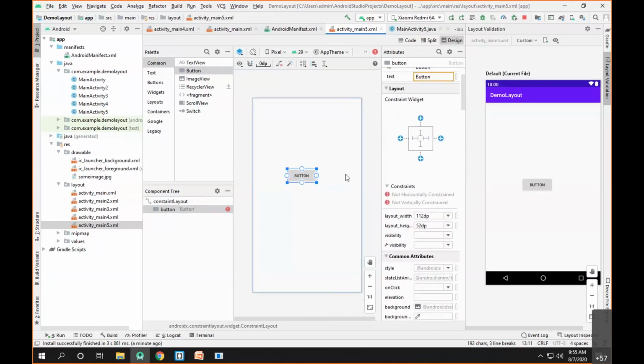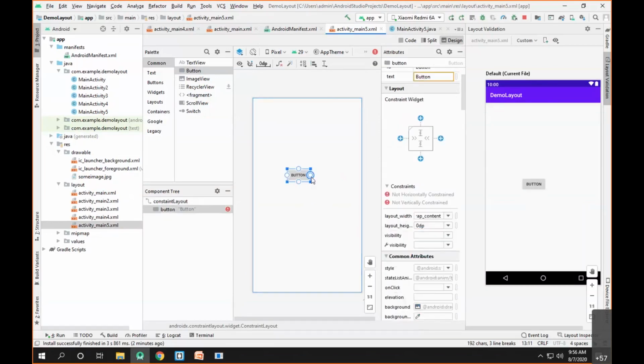Now suppose I want a button of a fixed width, so I need to keep this constraint as it is and then you can resize it. As we go on resizing the button, you can see the width and height is now changing. Now if you want this to this, it will automatically wrap the content, and for the height, since we have taken the fixed size, it will take the fixed size. So let's make the height also wrap content. We'll simply click here, and now you can see the height is also wrap content.